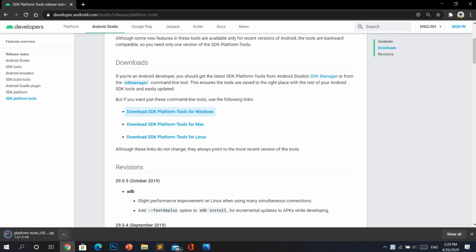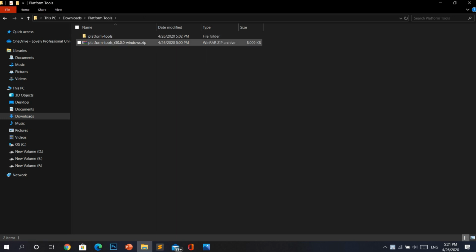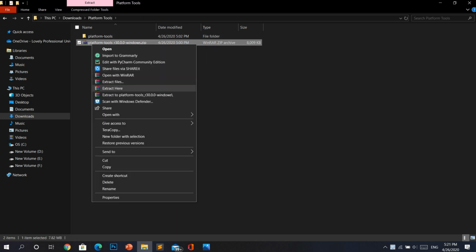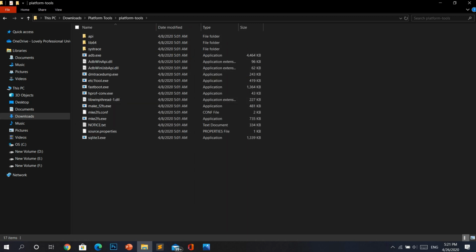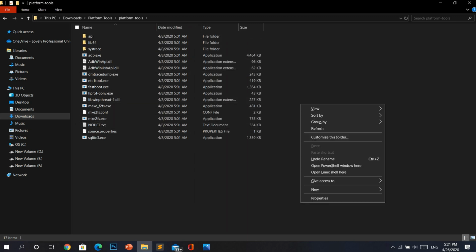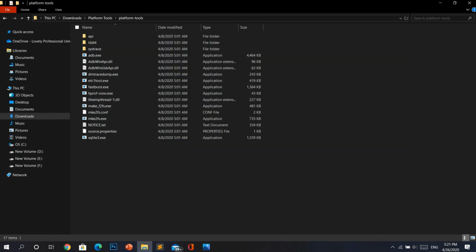Now once the file is downloaded, go to your Downloads folder and make sure you extract the zip file into a folder. Here, not only ADB, you also get the fastboot settings. Now, right click while holding the Shift key and click Open PowerShell window. Type ADB, or you can also open Platform Tools by right clicking on the address bar and typing CMD